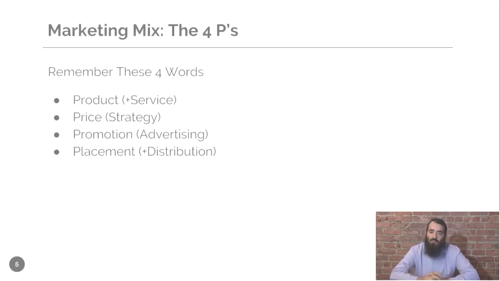So there are 4 popular words, the 4 P's of marketing, that a lot of people talk about, but many people have never heard of it before, and the people that have heard of it before don't really understand what it means. So I want to talk about these 4 P's, and I want you to really understand that this may sound more complicated than it needs to be, and you might say, wow, this is so complicated, I can't do my business plan. The most important thing is to keep it simple.